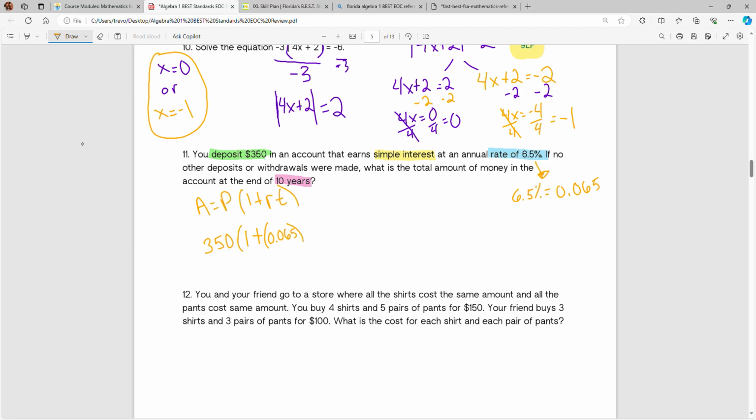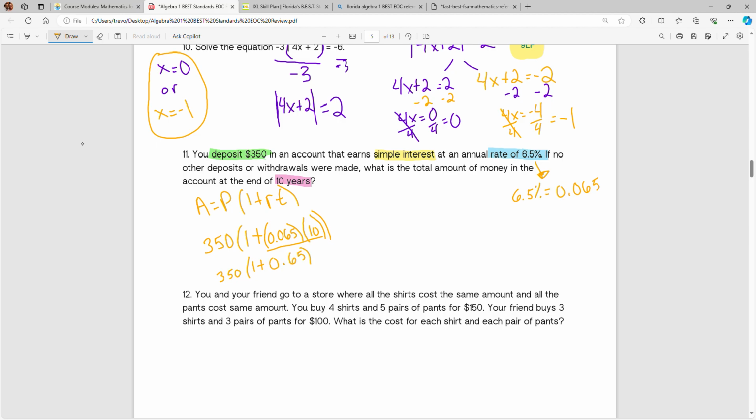0.065 times our time is 10 years. So now on the calculator, I'm going to solve to find the amounts. And I got to use my order of operations. So first, it's inside the parentheses. I got to multiply this. 350 times 1 plus. When you multiply that, we get